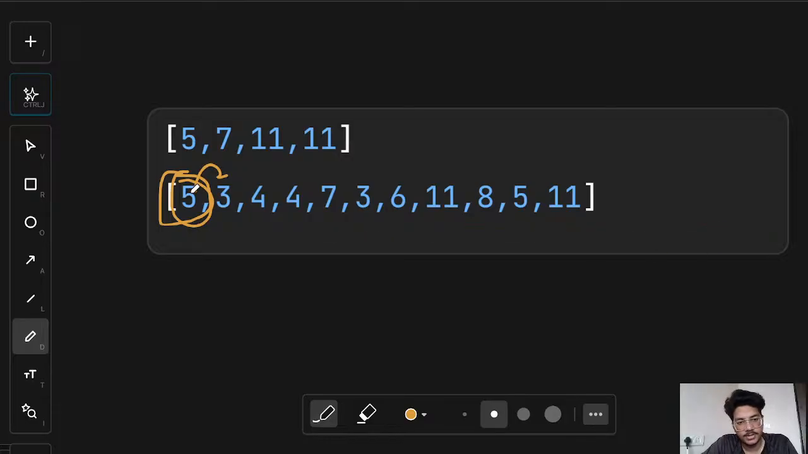We check the condition that nums of i is greater than nums of i minus 1. This condition is not satisfied yet, so we move the left value here. If we move left, what about the upper bound value? Move here, left value moves here. After that, this value is